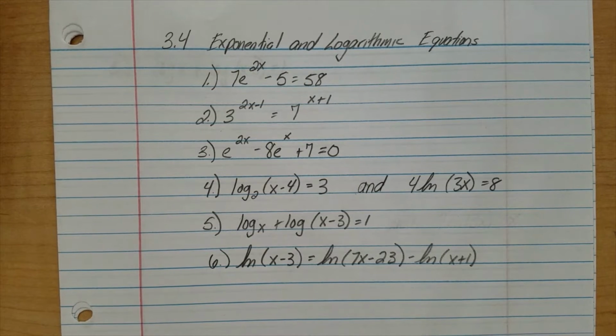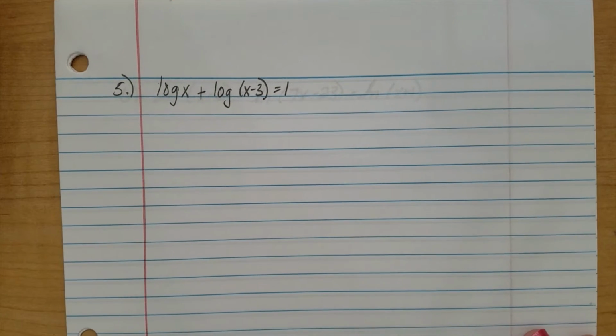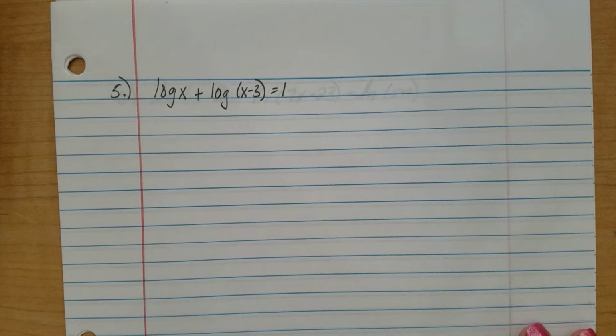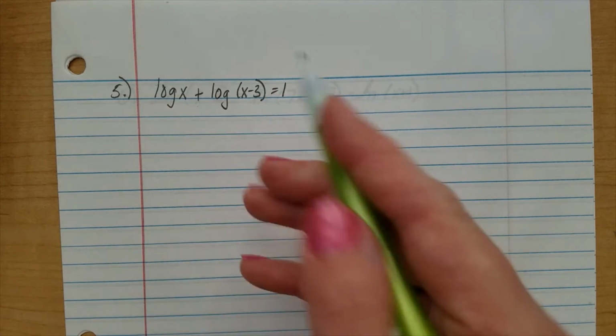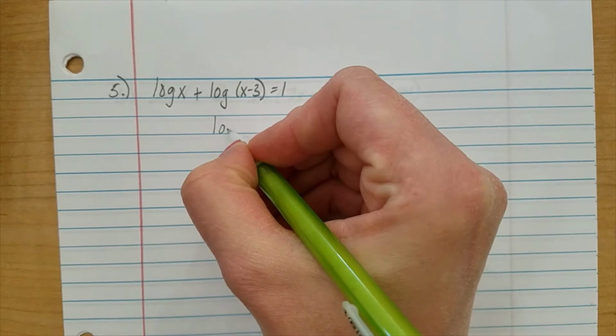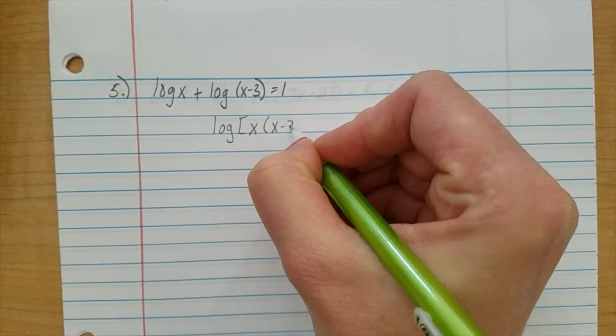In this video, we are going to review number 5 and 6. Okay, number 5. First thing we're going to want to do is condense this. You notice there's addition, so we're going to use our product property. We will get log x times x minus 3